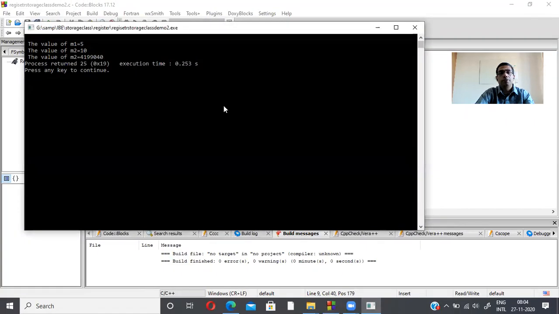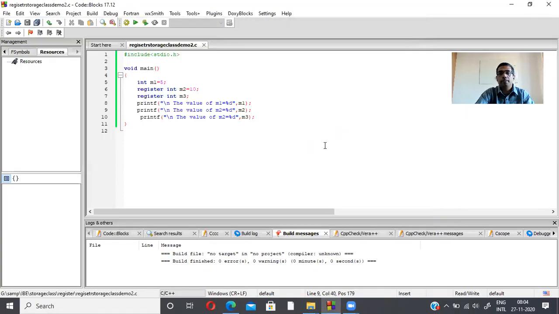These are the points we should keep in mind. For the register variable, the scope is local. The default initial value is a garbage value, and we cannot declare it as a global variable. The pointing and dereferencing operators cannot be used, so the pointer concept cannot be applied to the register variable. And one advantage of the register variable is fast access.